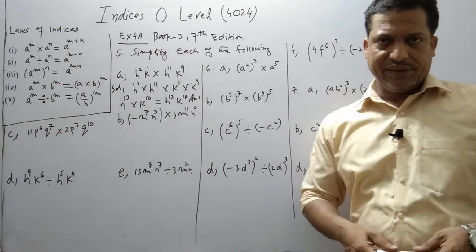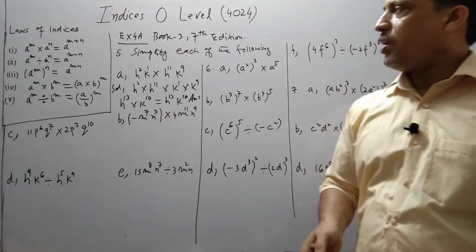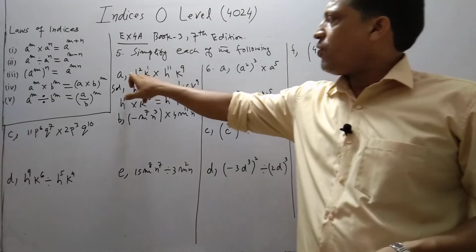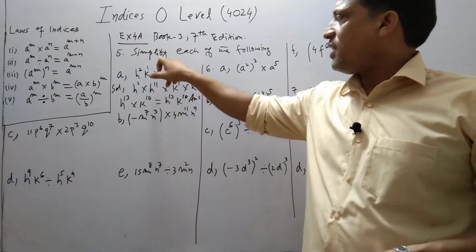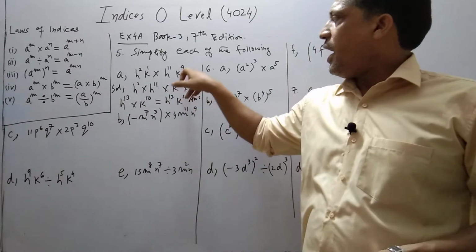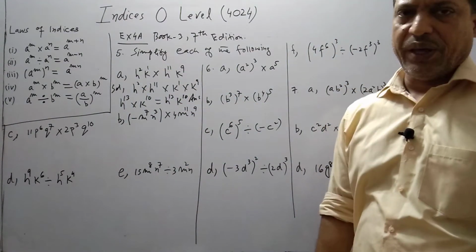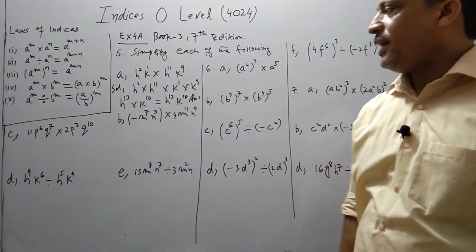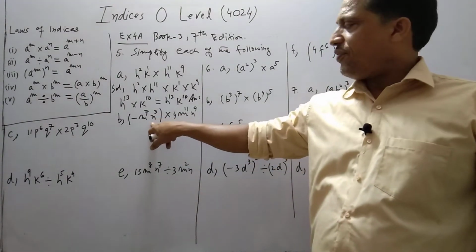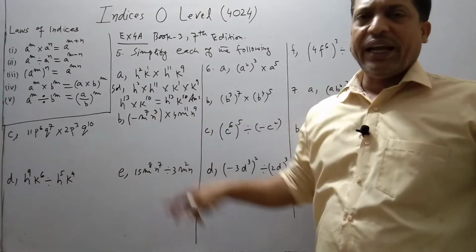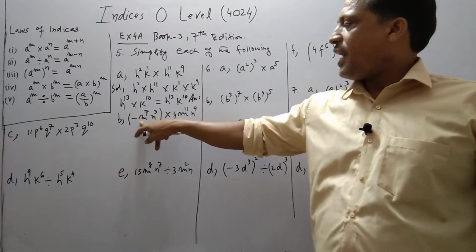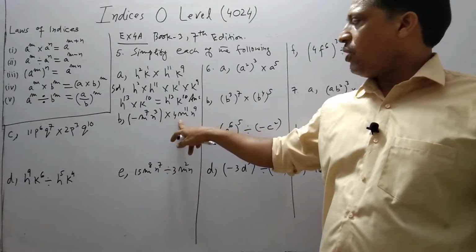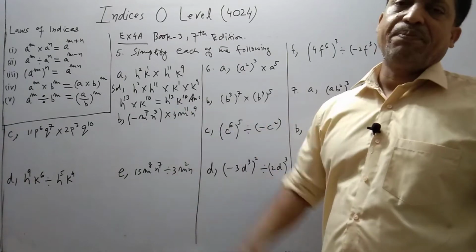I hope you understand. We apply first law in both the terms, h square, h11. The only term of h is square and the term of h is 11. So 11 plus 2 is 13 and 9 plus 1 is 10. See part B. This is part B, minus m to the power 7 into n to the power 3. Students, if there is no sign between the numbers, it means they are multiplying. So you can say minus m power 7 multiplied by n power cube, multiplied by 4 m power 11 multiplied by n power 9.